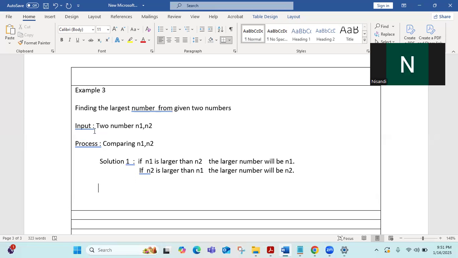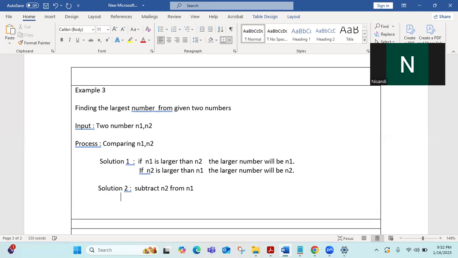Then solution 2: subtract N2 from N1. So first you subtract N2 from N1, then what can you say? From this method, if you use the subtract method, subtract N2 from N1, in this method, how do you identify the